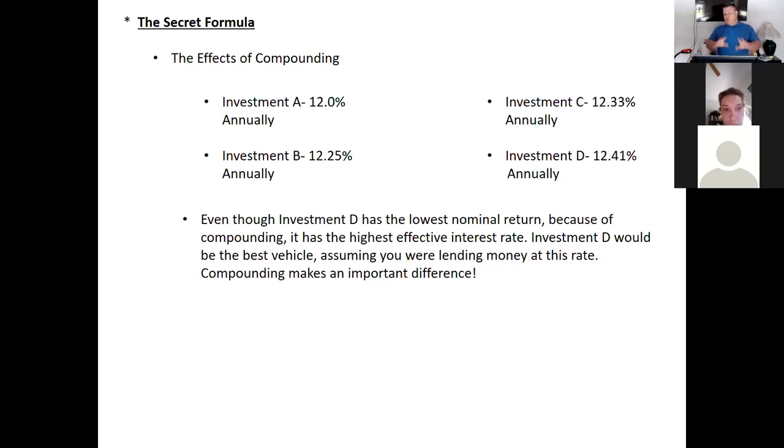In other words, I want you to see how important compounding is, that it does make a difference in your money. So far I've given you 2 financial things you should really know: the rate of return on investment should beat inflation, and that the compounding period matters. And compounding is really what makes you money on an investment.